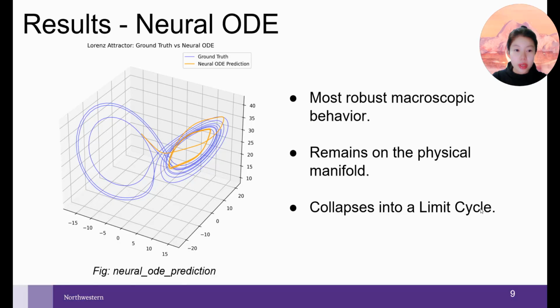The main culprit here is the mean squared error loss function. In a chaotic system, if the model is just slightly late in crossing over to the other lobe, MSE imposes a severe penalty. To minimize this catastrophic penalty, the network essentially plays it safe. It learns a conservative dynamic, the limit cycle, rather than risking the true aperiodic switching behavior.